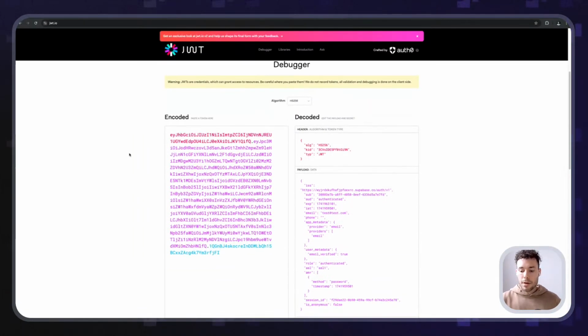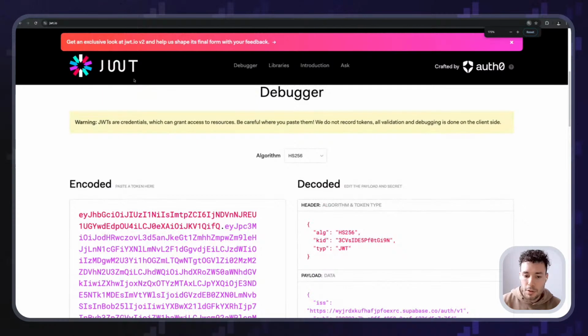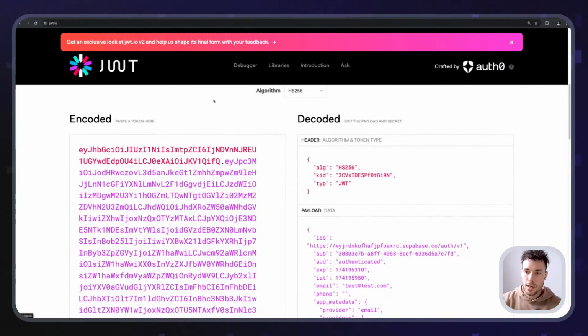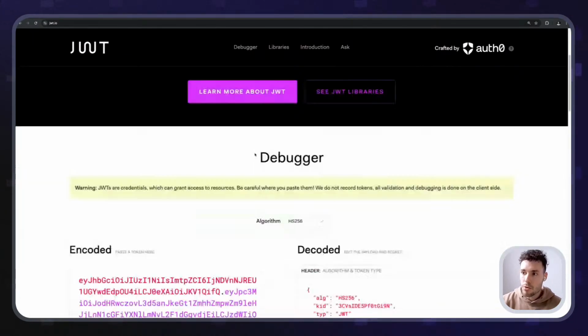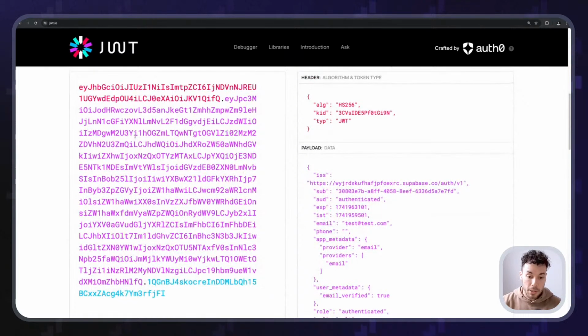Now, all right. So jwt.io is just a public website that you can use for inspecting JWTs